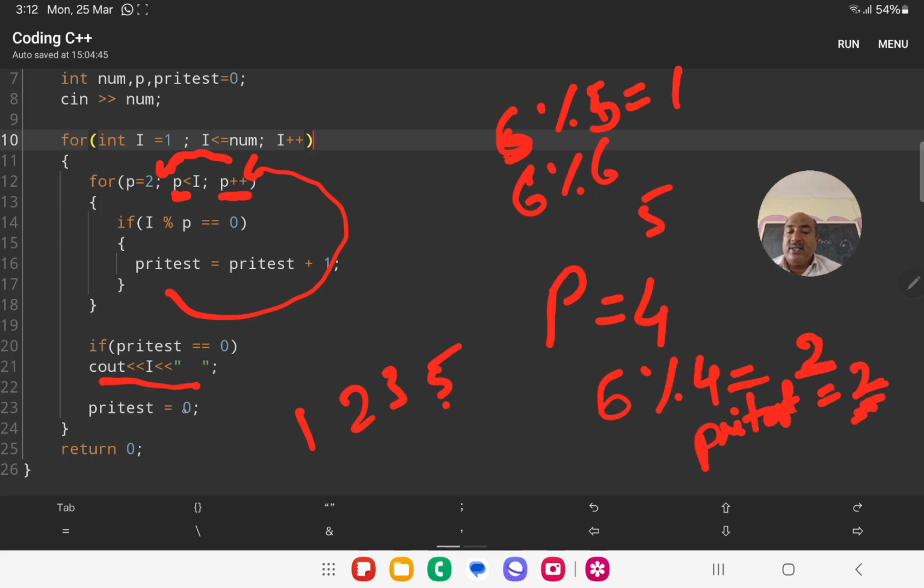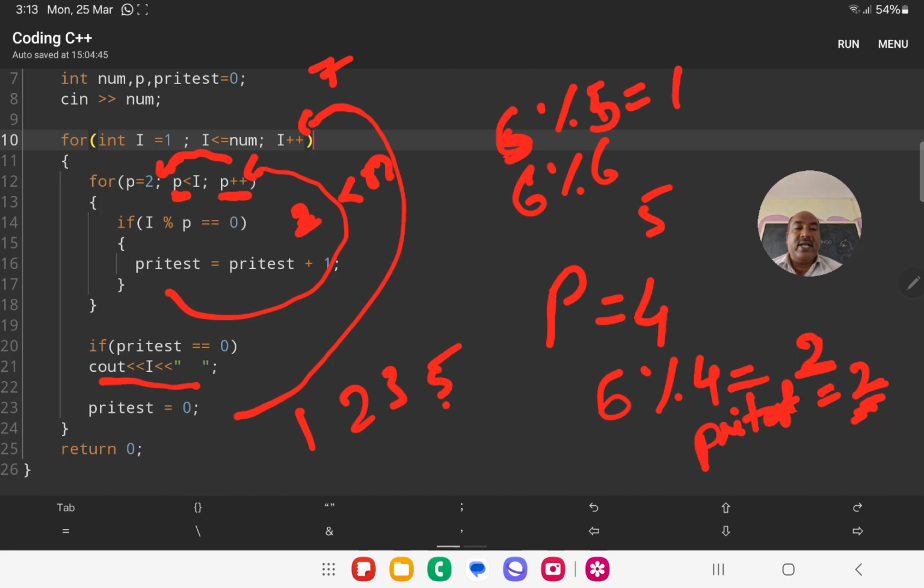Then prime test is reset to 0, and i plus plus makes 6 into 7. This loop will test each and every number; if it is not divisible by 2 up to less than the given number, then the prime number will be displayed.